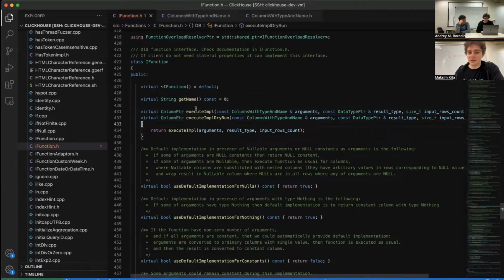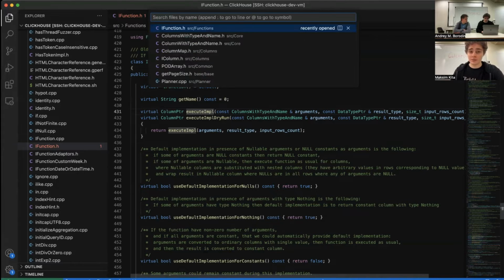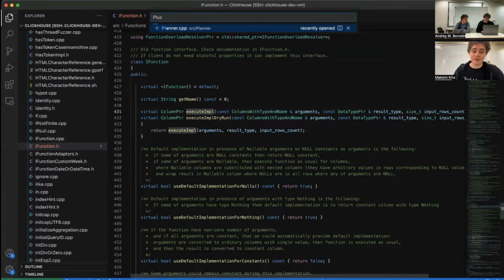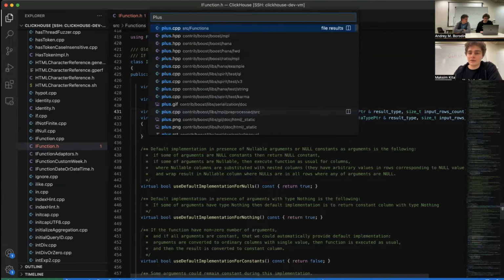So this abstraction is, I don't know how to say, very convenient because you can have clean interfaces, but inside these interfaces you can implement really complex algorithms, complex function logic, and write a lot of specializations. For example, I will show you function plus. In function plus, it takes 2 integers, and